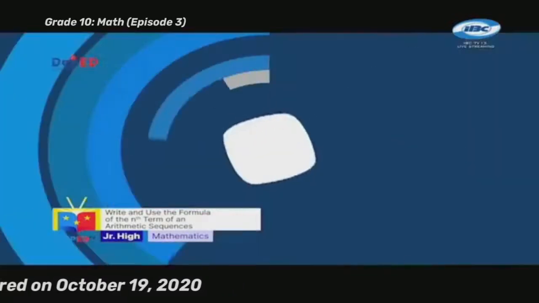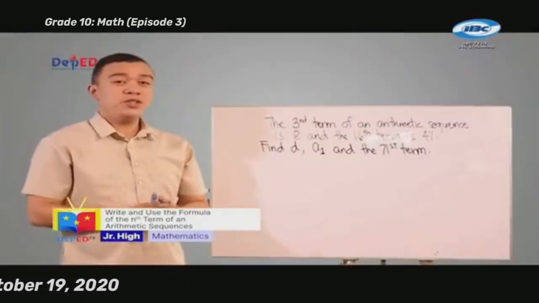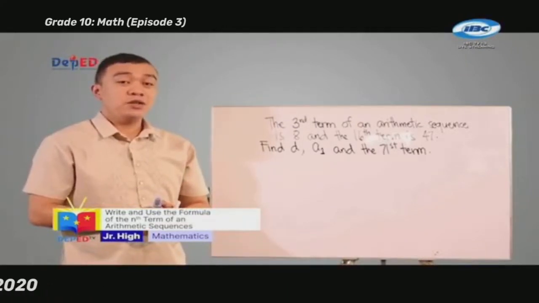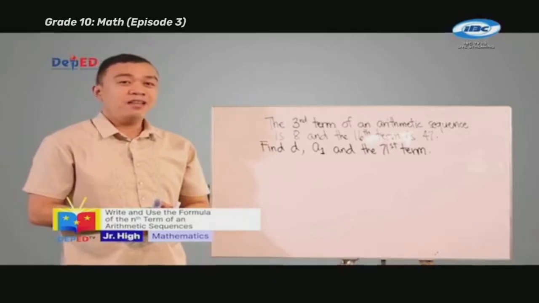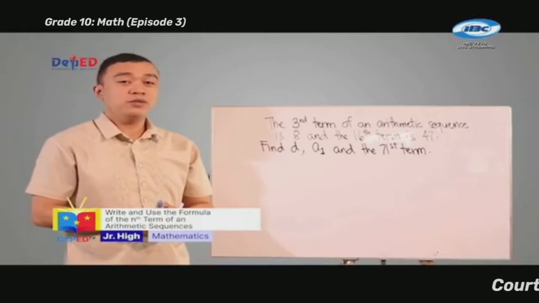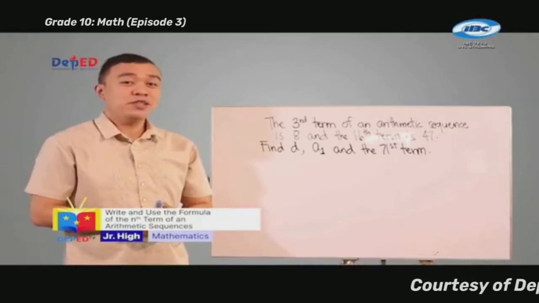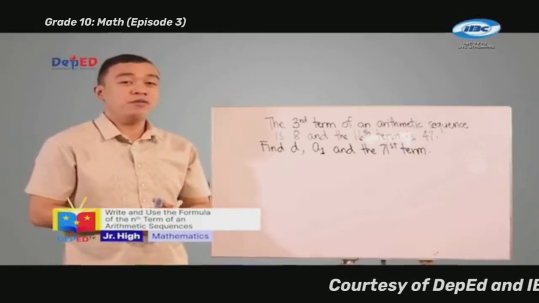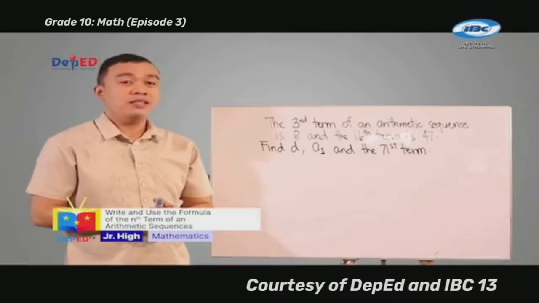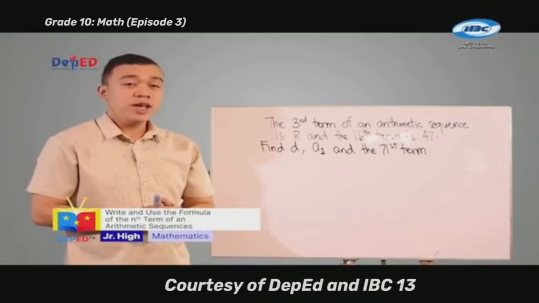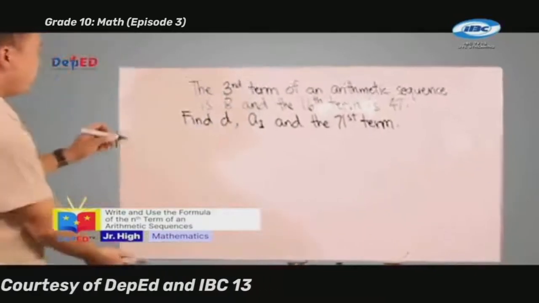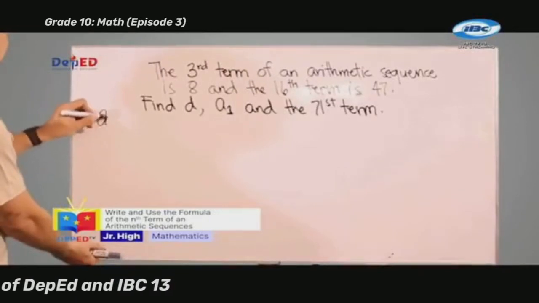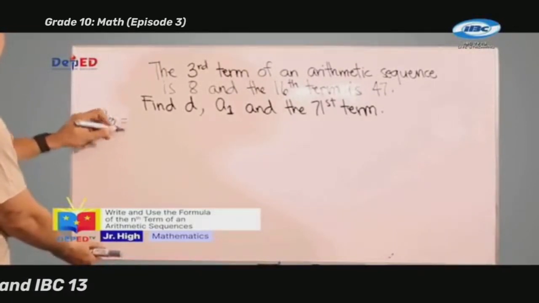66. From the given sequence, we can notice that the third term, or a sub 3, is equal to 8, and the 16th term, or a sub 16, is equal to 47. First, we will use the value of a sub 3 is equal to 8 and substitute to find the nth term of the sequence. So that will be a sub 3 is equal to a sub 1